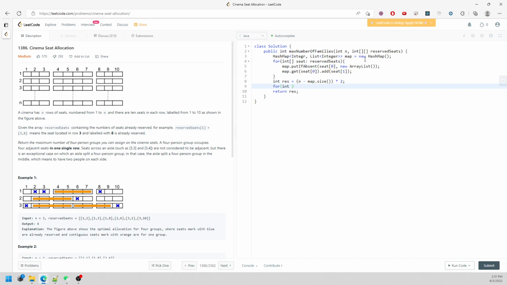Now I need to traverse my map. So my map is going to be integer for the row and then map.keySet. Right, so I'm traversing the key set, and I'm going to set a boolean left equal to true, right equal to true, middle equal to true by default. Then I need to check the list of integer for the current row, right? So for int num, map.get(row), right? So for the left, for the left, they are actually bound